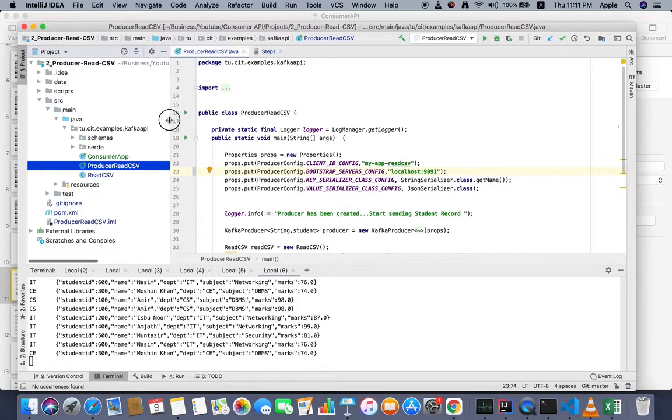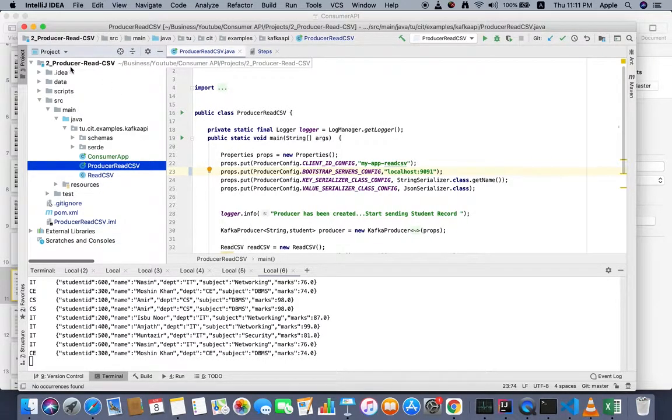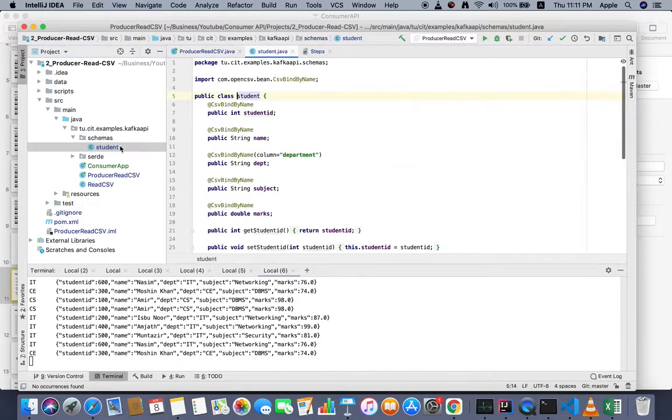In one of my videos, on how to read a CSV file and write to Kafka, I used a student schema. I have written the student schema here, with the student ID, name, department, subject, and the marks.